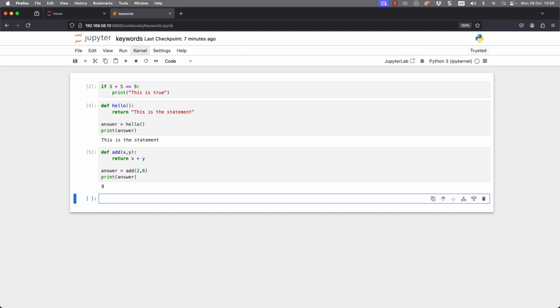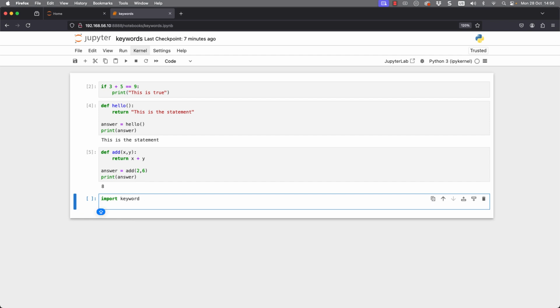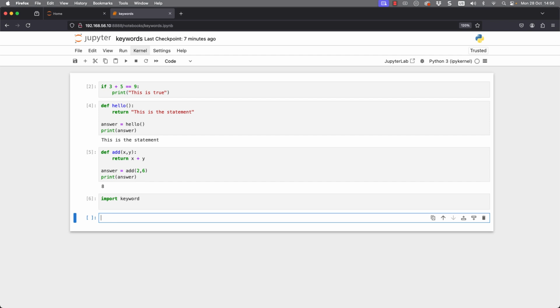And as I mentioned in the slides, we don't need to know about the import keyword or modules, not for your PCEP, but let's go through and import the module keyword. I can run this by itself, but it's available for this notebook. So I can go Shift and Enter on this. It has no error, so the keyword module is available on this system. It is part of Python.